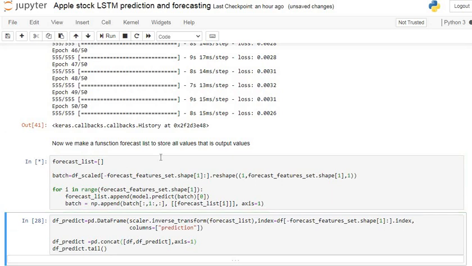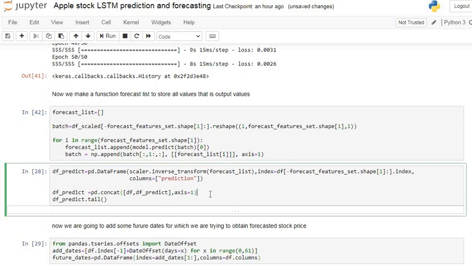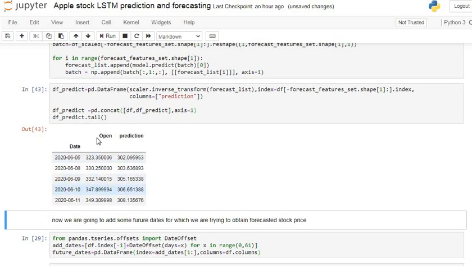You have to just copy this code. After that we make a data frame of our stored predicted values. You can see here, the Open column consists of our actual values and the prediction column consists of the output given by our model. Our model ran very well because our predicted stock prices are quite approximate to the actual opening stock prices.